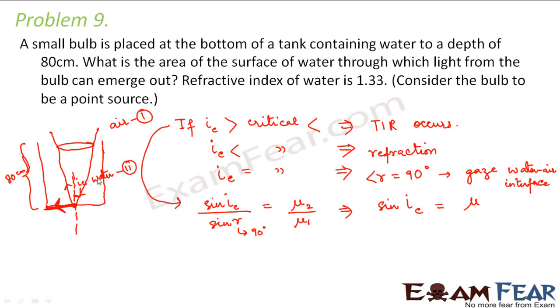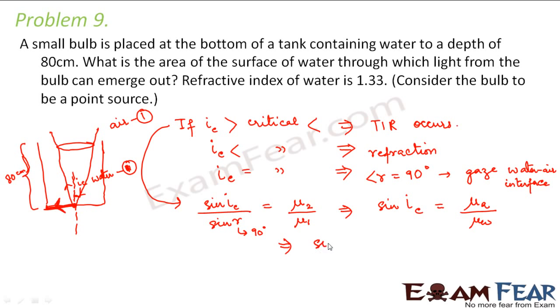Well, in this case, this ray was traveling from air to water, but when it reaches here, after that, it is traveling from denser to rarer medium. This is water and this is air. So mu 2 would be air, that is mu air by mu water, because mu 2 is the medium where it goes. So during total internal reflection, it goes to the rarer medium. So mu 2 will be mu air and mu 1 would be mu water, right? Therefore,